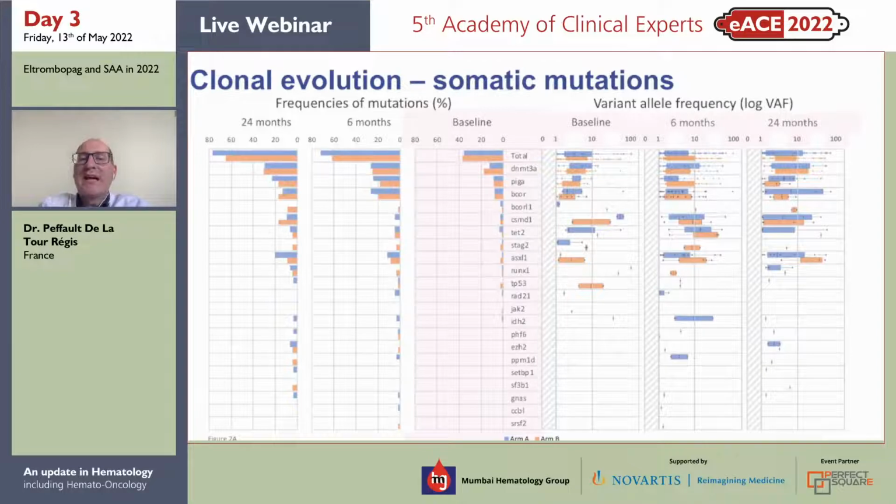So this just highlights that clonal evolution in the context of aplastic anemia is far different from what we observe in MDS or AML. In other words, when you have myeloid cancer gene mutations, such as DNMT3A, ASXL1, RUNX1 or even TP53, the meaning is certainly not the same as if you find these mutations in the context of AML and MDS. So this study was able to show that eltrombopag led to higher, quicker, better response rates in patients without any clinical safety concern and also no biological concerns.